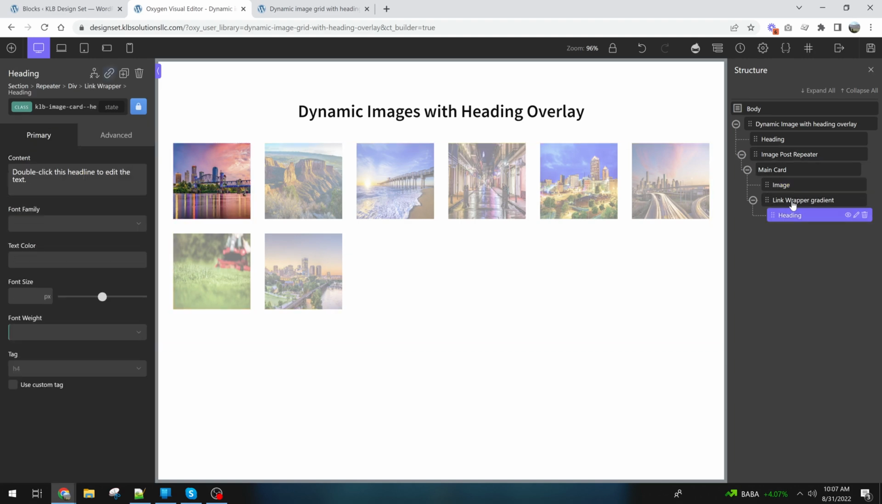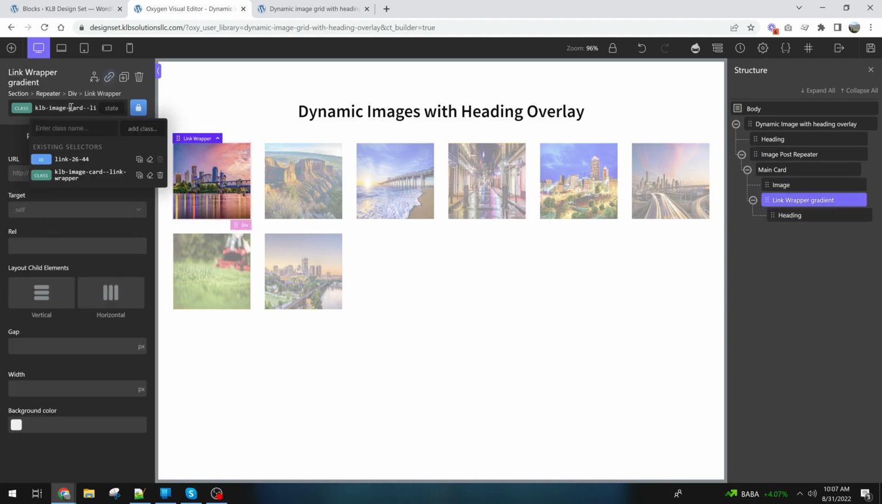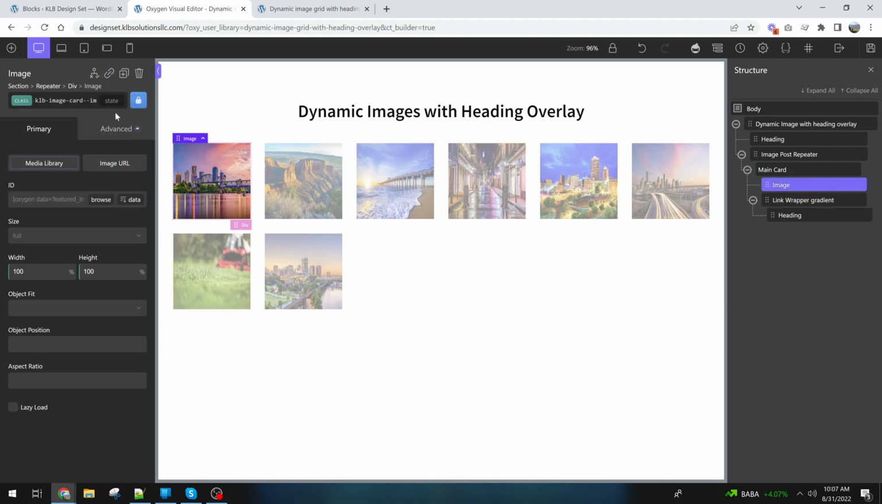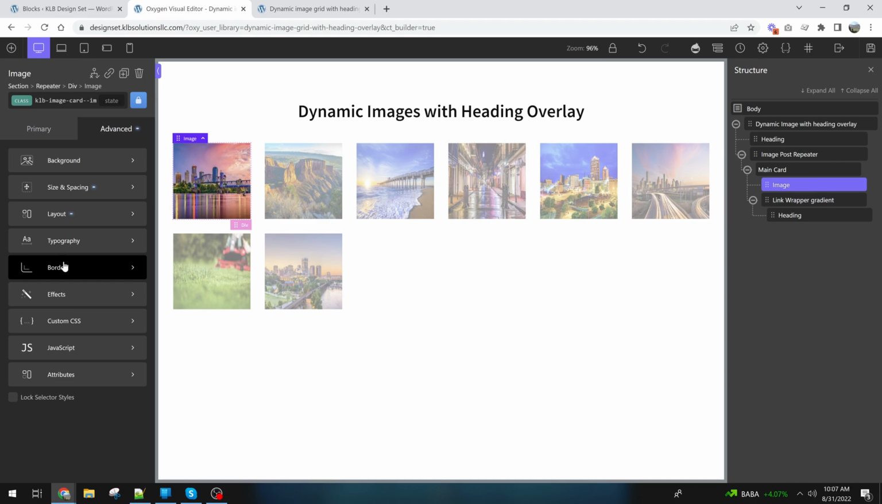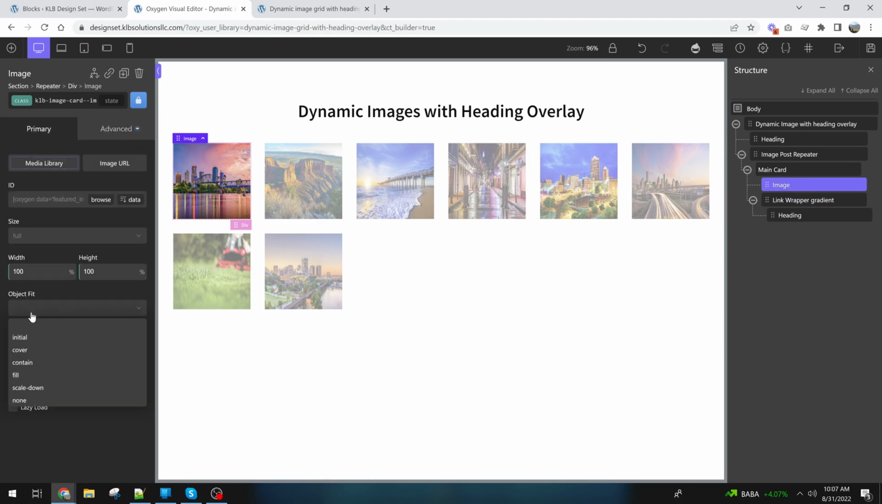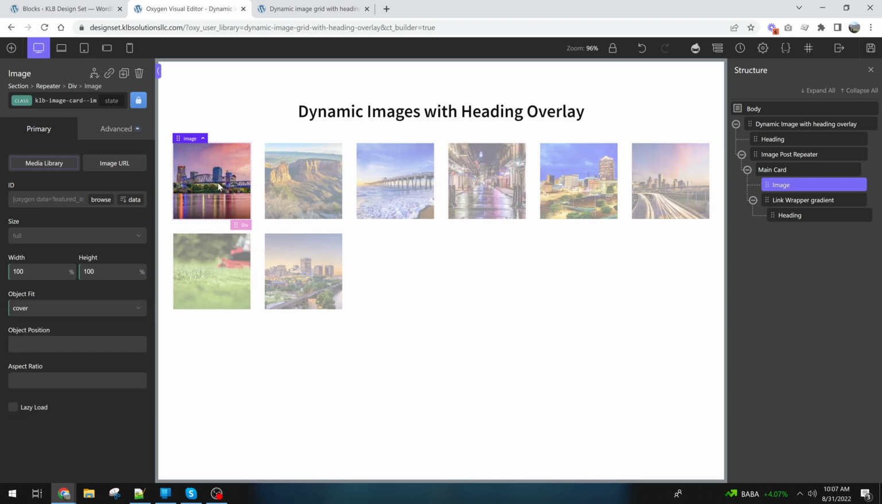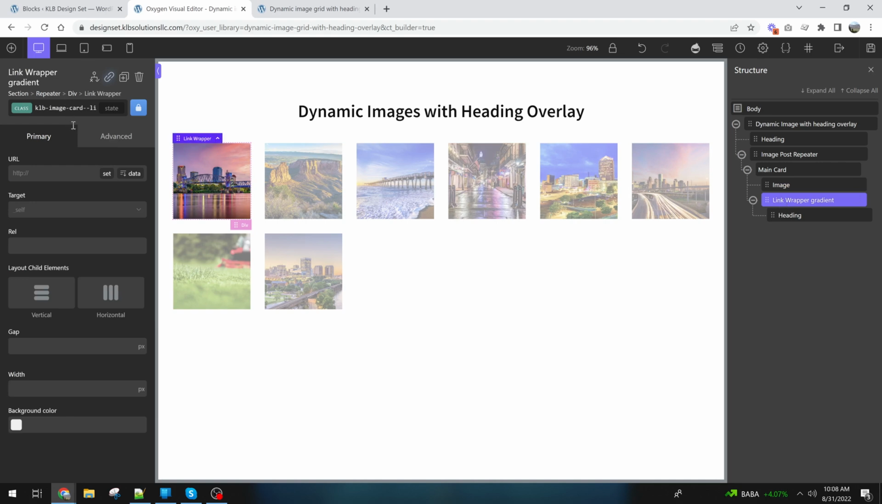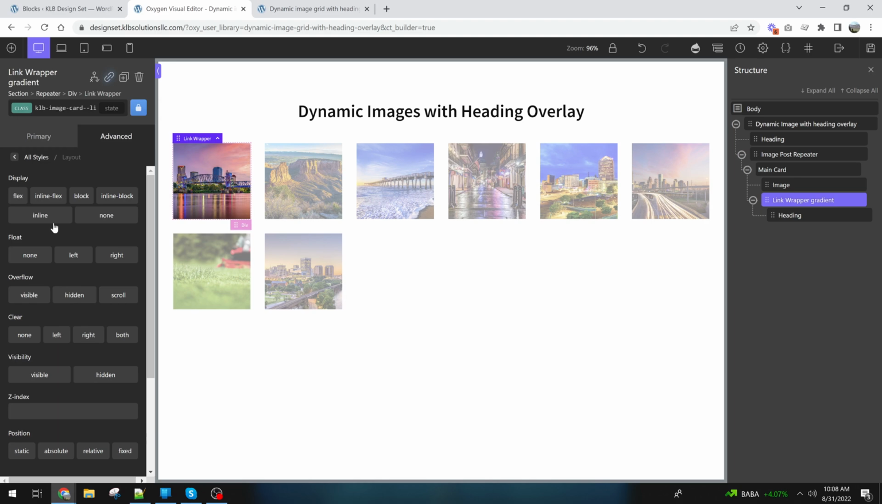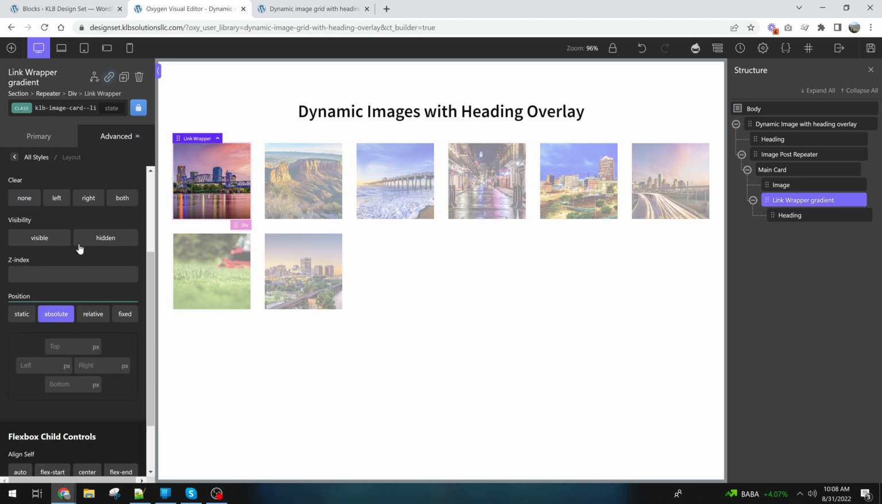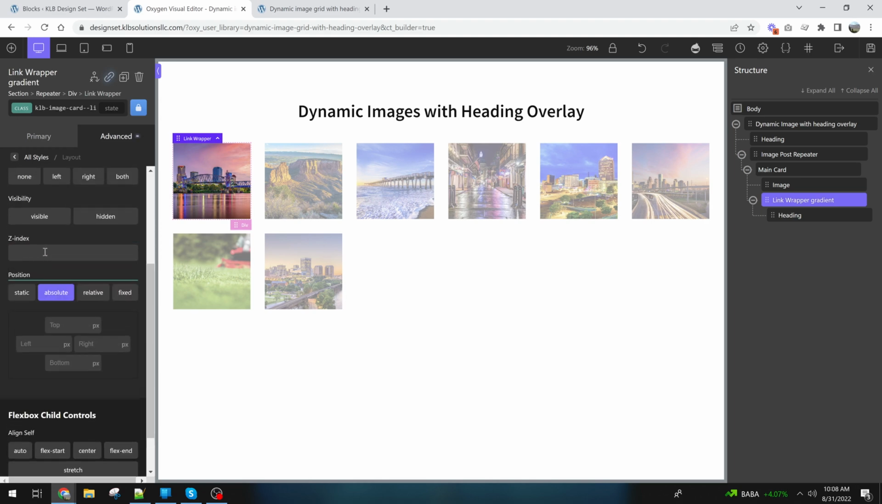On top of that, let me go back one more thing here. Object fit. We're going to go cover. Object fit cover. Great. Perfect. Okay. Link wrapper. So now we're on the class for the link wrapper. We're going to layout. This is also going to be absolutely positioned. This is also going to be a Z index of 2. It's going to sit on top